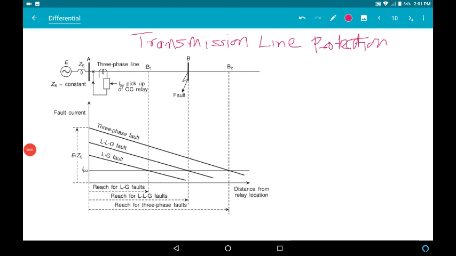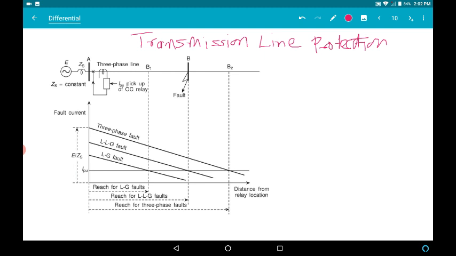Good afternoon, students. Now we will begin with the transmission line protection. Before beginning with the transmission line protection, we should understand the shortcomings of the overcurrent relaying, because overcurrent relay is the most standard relay used for most of the protection. So what are the problems with the overcurrent relay and how they are overcome by using various transmission line protection